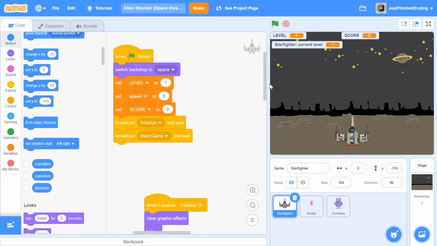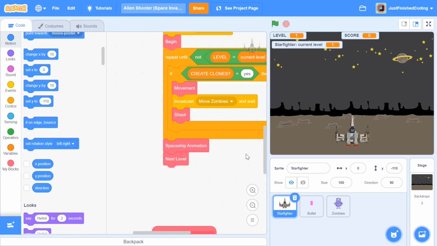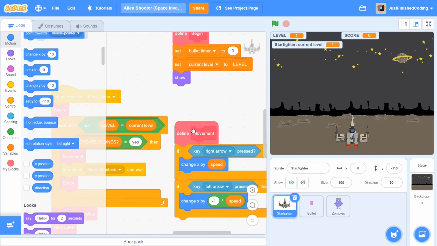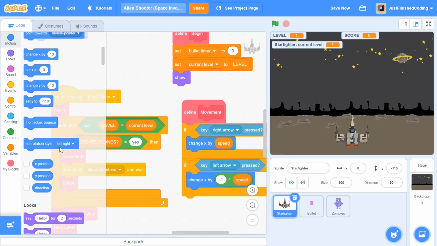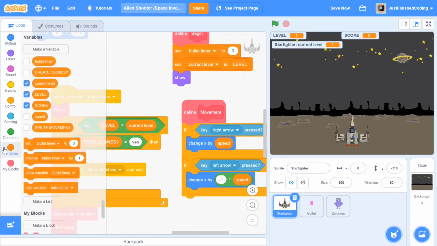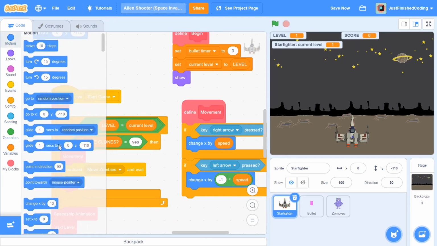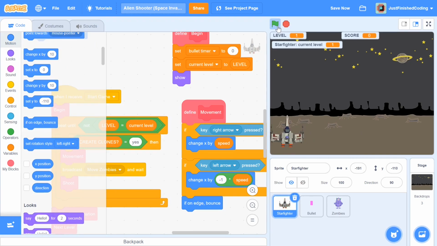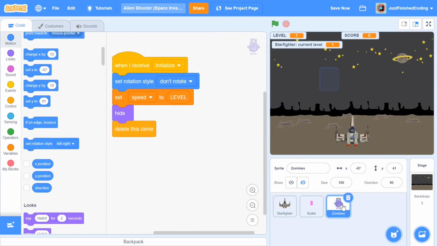So I'm going to start off with bouncing off the edge, and to do that things are very simple. You just have to go to the block which has movement written in it, and say if on edge bounce. This is going to ensure that you bounce off the edge, and just to prove it, you can see that we can't go out of the edge anymore. So that's pretty fine, and now we can head over to the zombie sprite and start off with the start